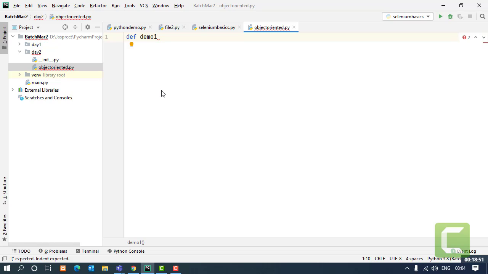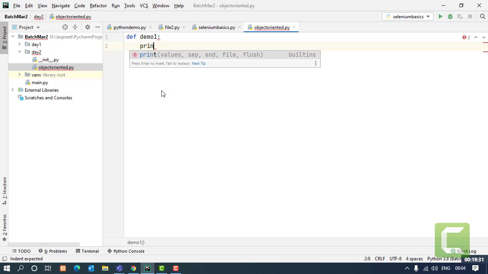The name is demo1. It will be followed by a colon. And when you press enter, it will automatically take a space of a tab. This is because Python is very strict about the spaces. The spaces you provide, whatever you are going to do, if you're having some spaces, it has a meaning in Python, right? Right now, this cursor indicating at a space over here says that whatever I'm going to write next will be under the function. It will be under the scope of my function.